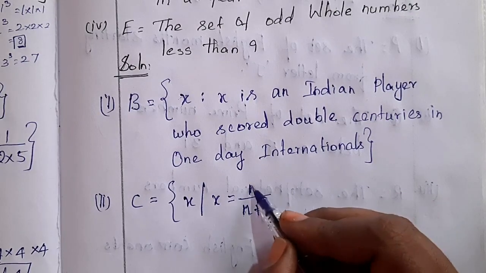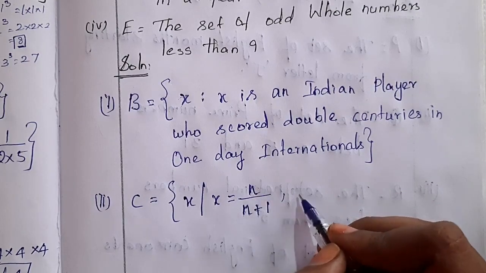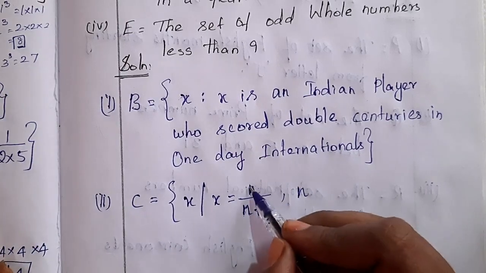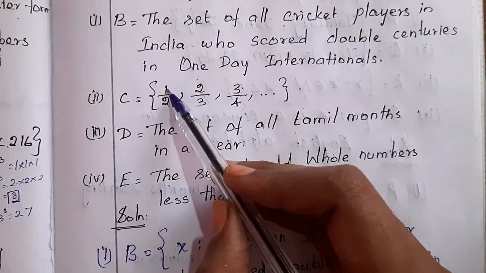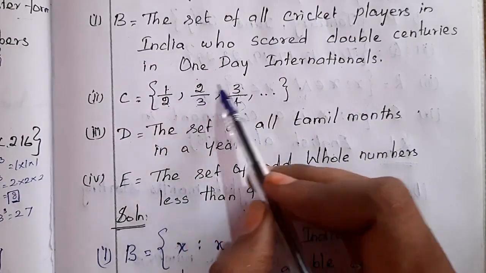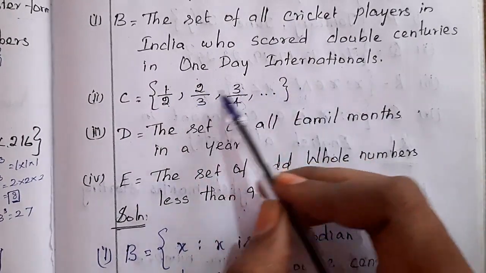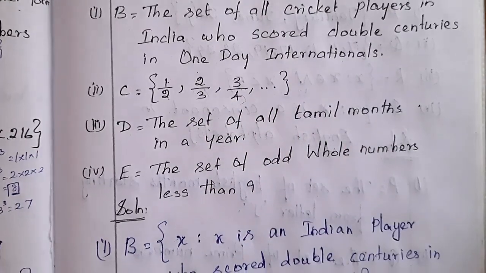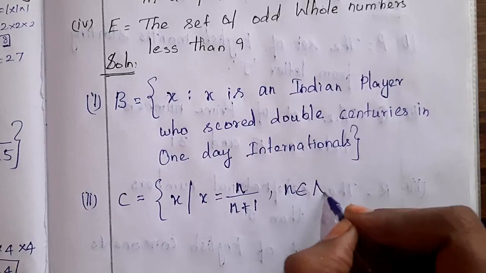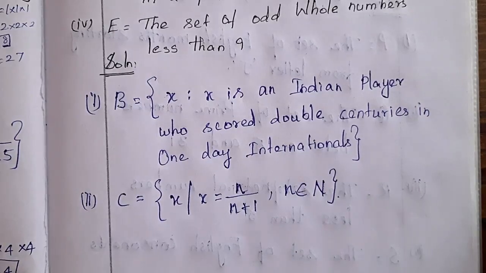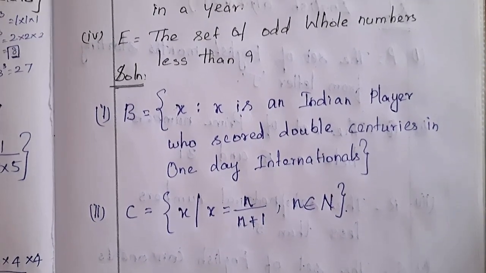Then we can mention about our n. So what is our n? Look at here, we denote as n. In this place of n we have 1, 2, 3, etc. That is known as natural numbers. So n belongs to natural numbers. Clear now? So again I am telling this.